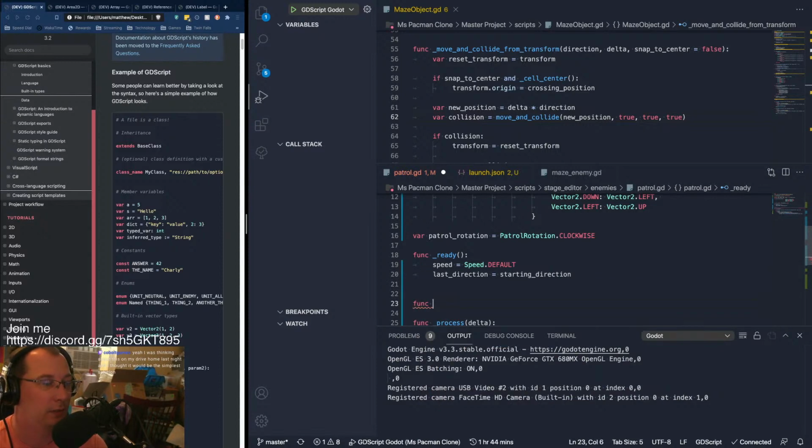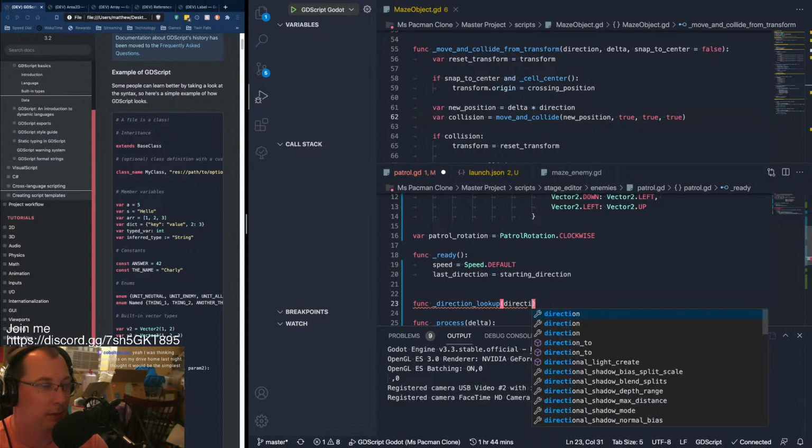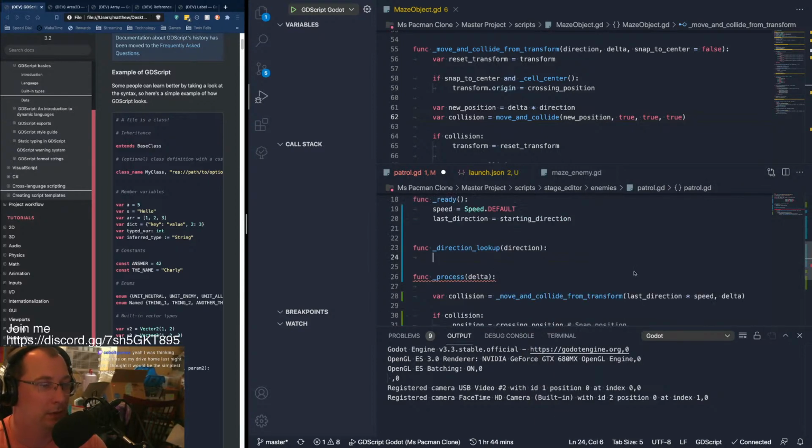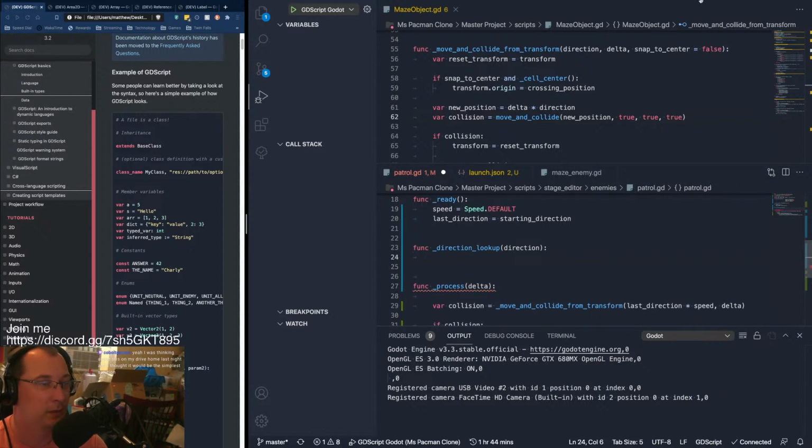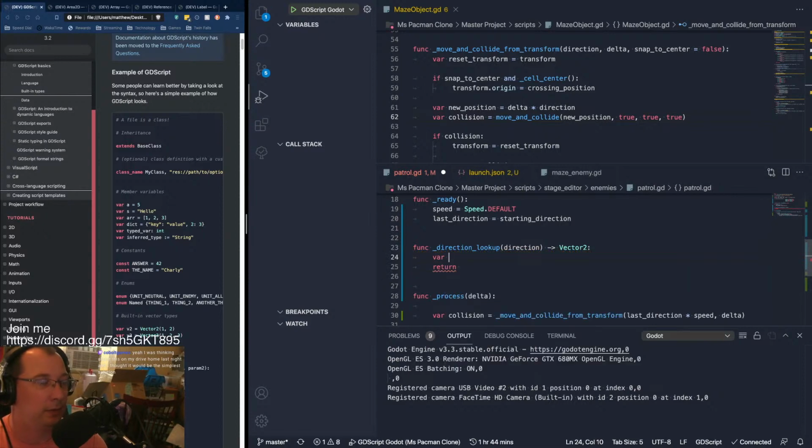Func direction lookup direction, and this is going to return vec 2. And then we're going to say return. So we'll make a var here called